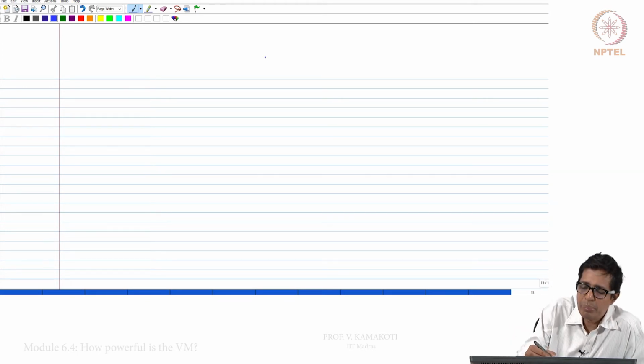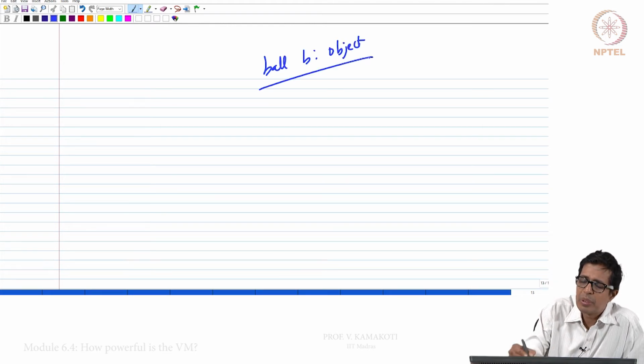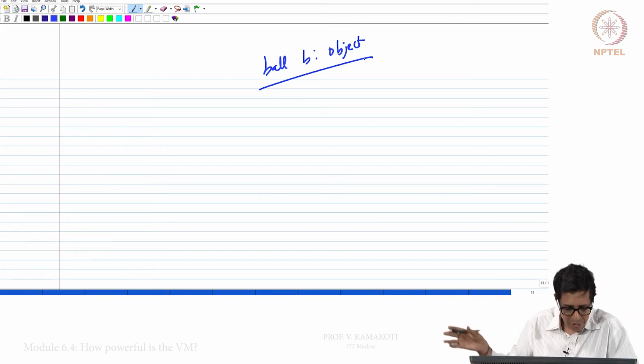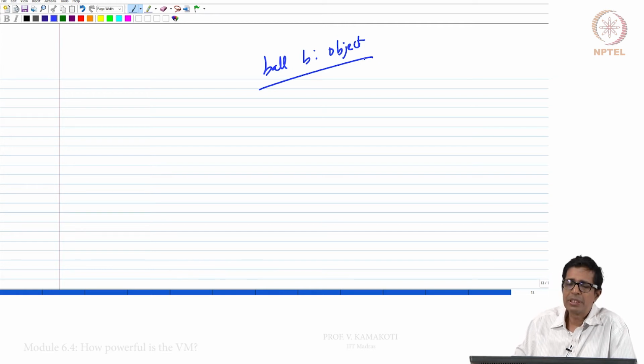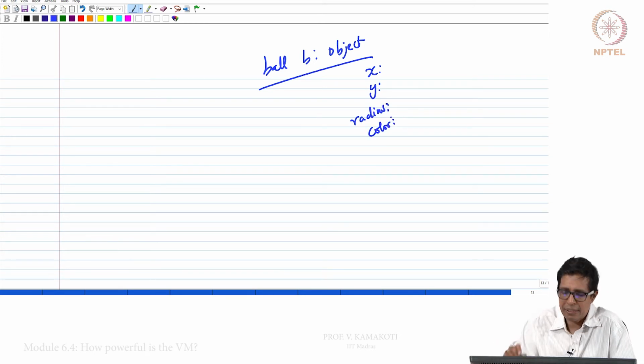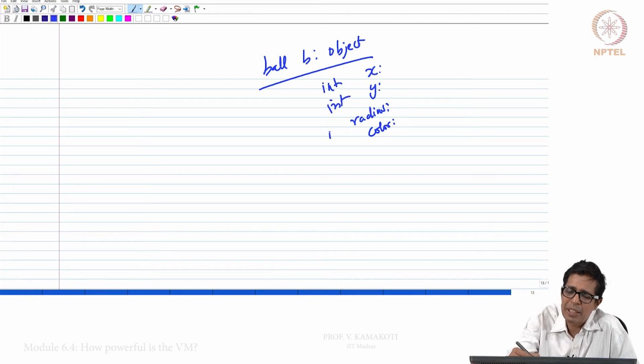So, a ball B, we are now trying to do a game with all these balls floating around here and there, and so this ball B is an object, and it has an x coordinate, it has a y coordinate, and then it has radius, and it also has color. There can be multicolor. Right? So, normally let us say these are all int just to make it comfortable.